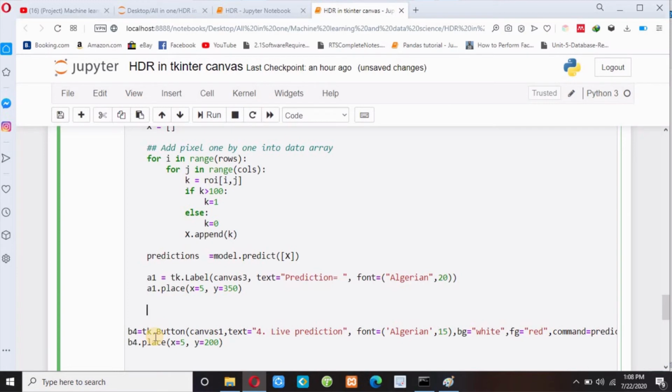You can change this position, because I have to place my image first in my Canvas 3, and then below my image I have to place this message prediction equals.